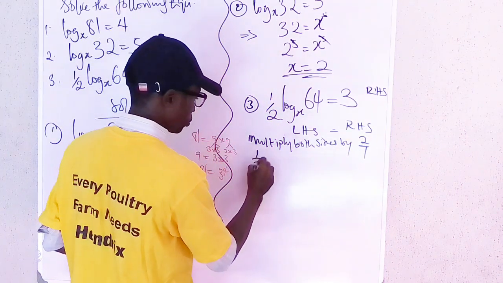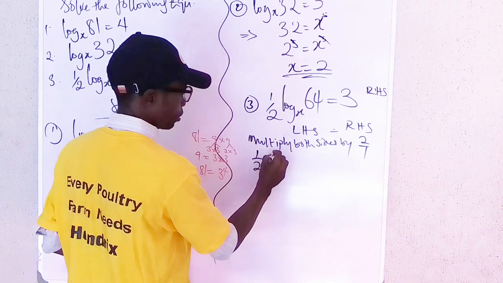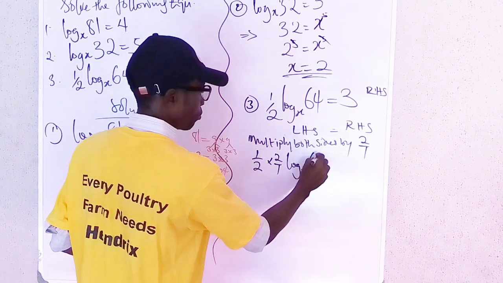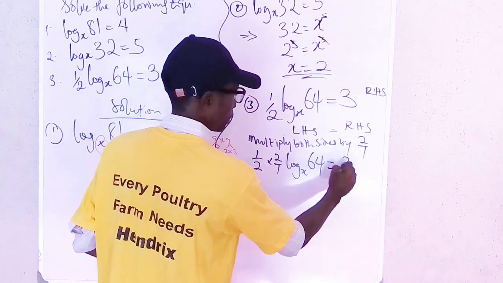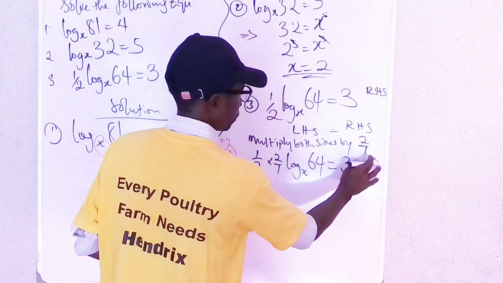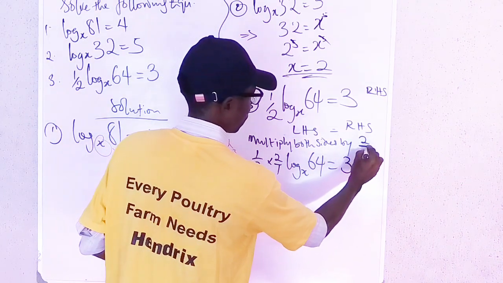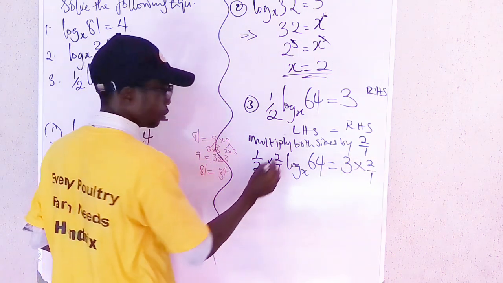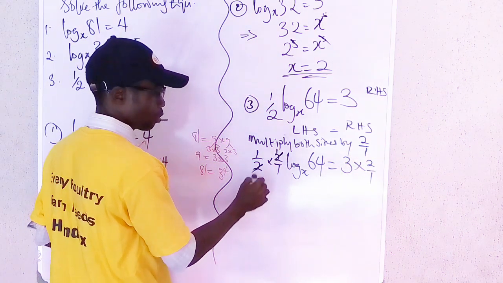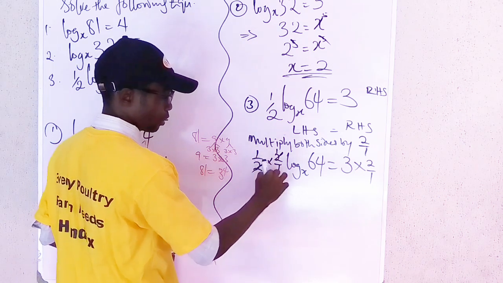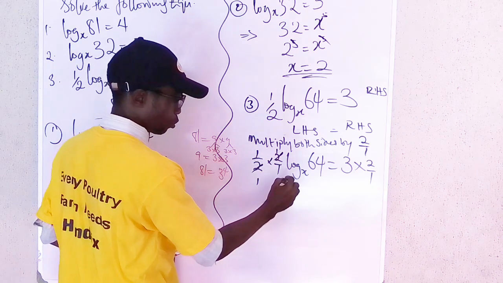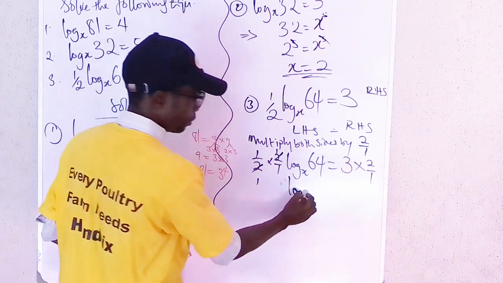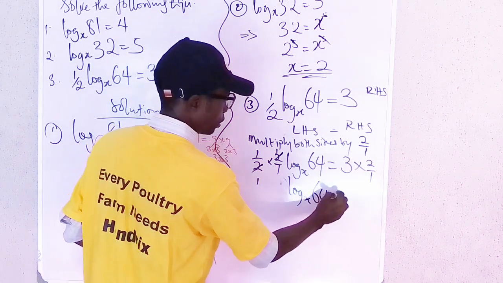So it's going to be 1 over 2 times 2 over 1. This is log of base x, 64 is equals to 3 times 2 over 1. Now understand, so 2 here, 1, 2 here, 1. So 1 times 1 is 1, 1 times 1 is 1, 1 divided by 1 is 1. So we have 1 log, which is the same thing as just log in base x of 64 is equals